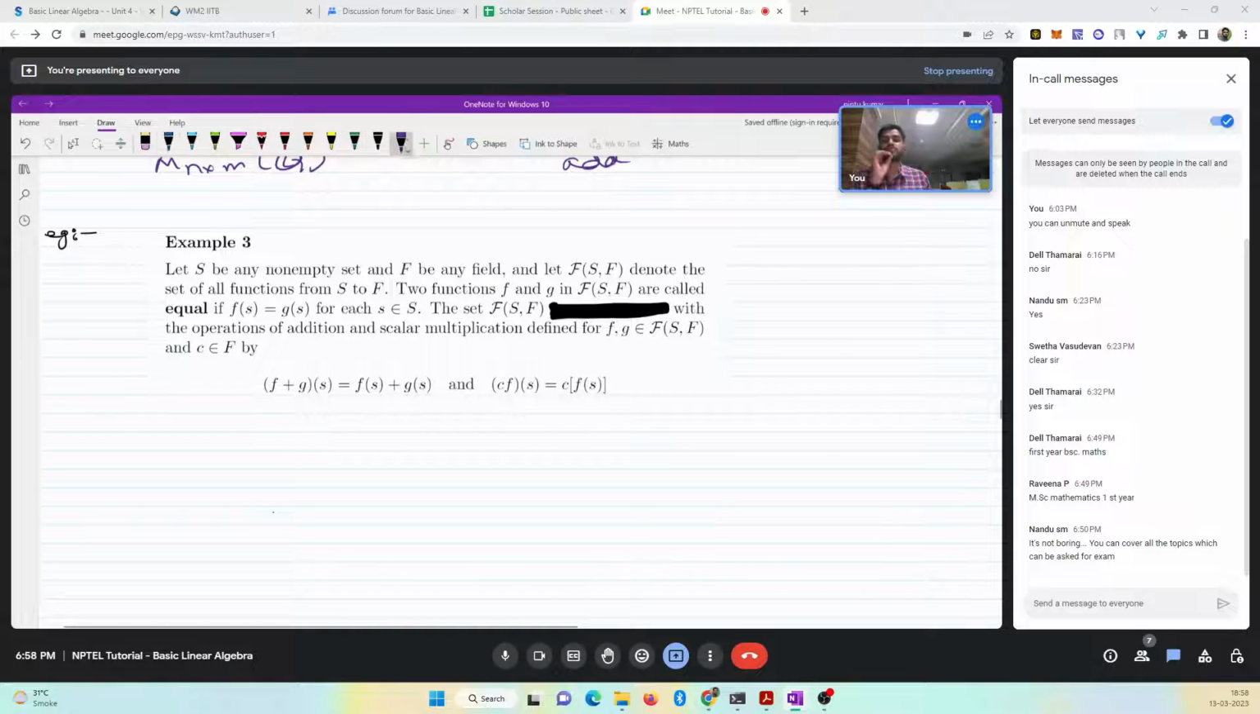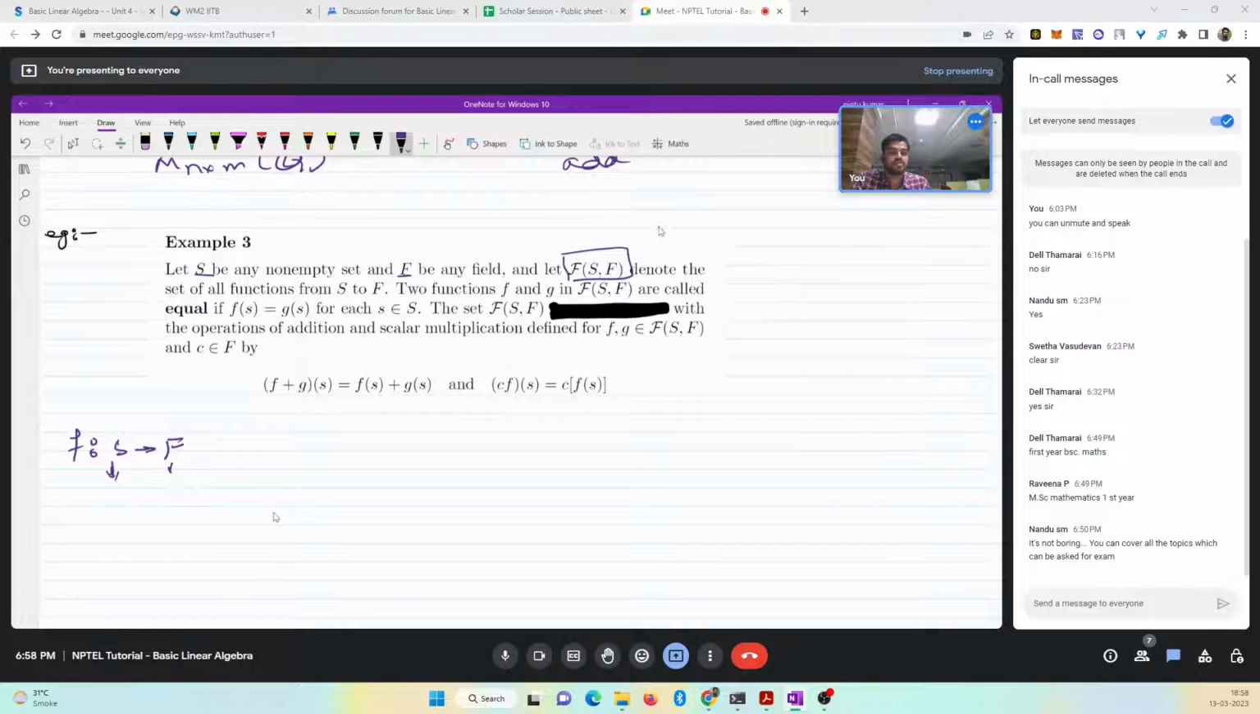Let's say you have two fields. Right now you don't get confused between fields; you just consider them to be some non-empty sets. So let's say you have a function from S to F. Its domain is S and its range is F. And what you do, you take the collection of all such functions and write it in a set denoted by